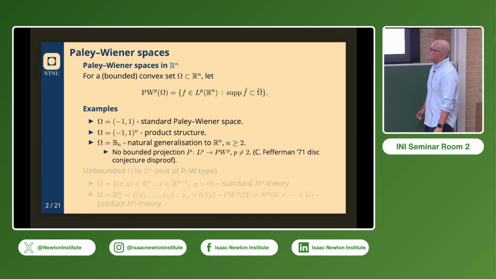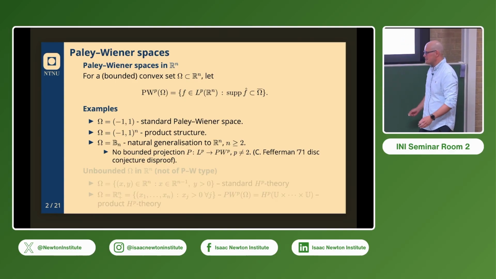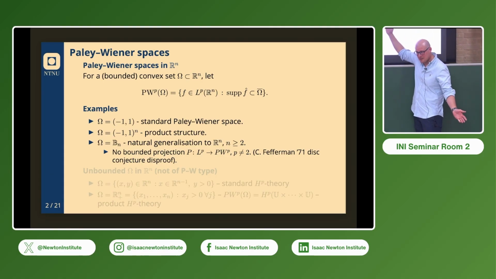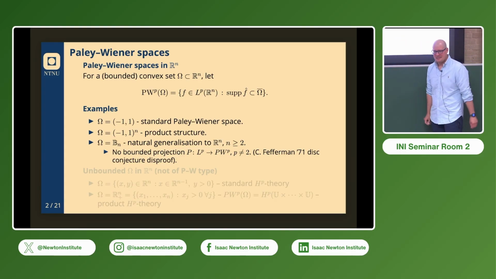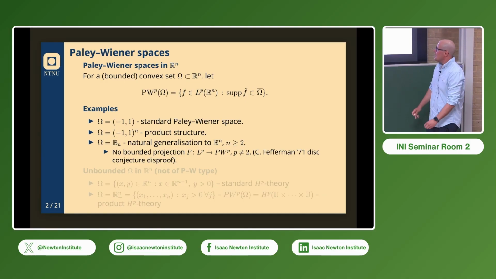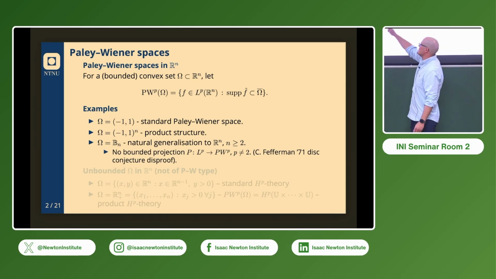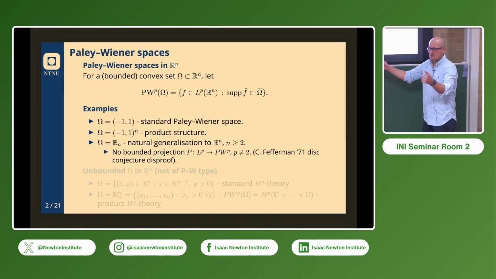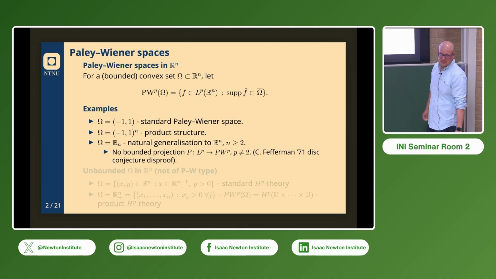If you take an interval, say -1 to 1 or -pi to pi, then you get the standard Paley Wiener space. In this compact case, these are spaces of entire functions, although my talk will be very much on the Fourier side, so it won't be very complex analytic at all. Once you go to higher dimensions, it's less clear what the canonical Paley Wiener space should be. One setting is if you just take the product, then your new Paley Wiener space has a product structure, which is a simpler case.